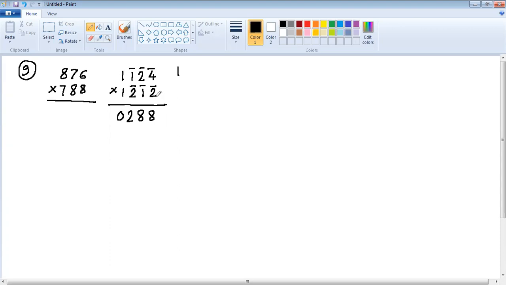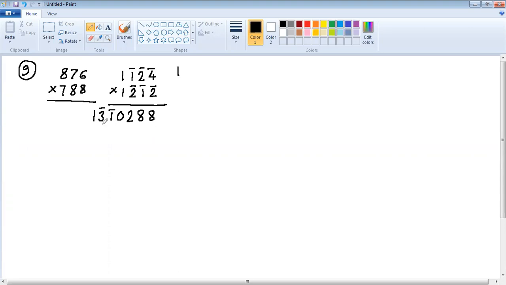See here, minus 2 minus 4 is minus 6. Plus 2 plus 4 is 5. Minus 6 plus 5 is minus 1. And then there is 1 carry here, plus 1. Minus 1 plus 1 is 0. Next step, minus 1 minus 2 is minus 3. Minus 3, this is plus 2. Minus 3 plus 2 is minus 1. Next, minus 2 minus 1 is minus 3. And last step, 1 into 1 is 1.